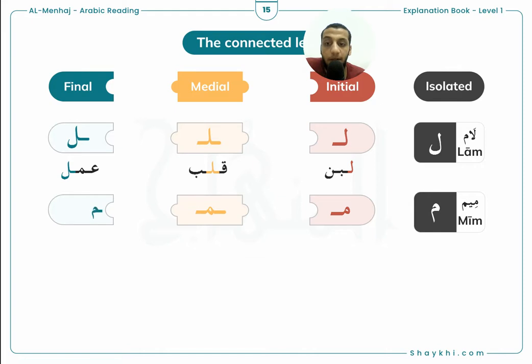This is the first final form of the letter Meem. It looks like the isolated form but with a line before it, as you can see. And we have here also a final form, and here also a final form. But the important note here is that we have different shapes of the final form because of different types of fonts